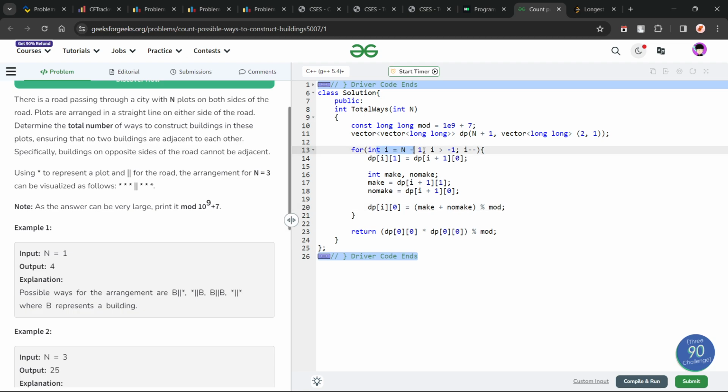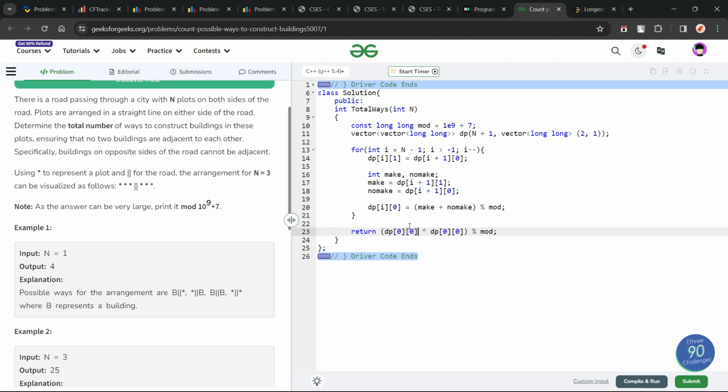Now what about this particular for loop? As you can clearly see, my dp state of i here is depending on state i plus 1. That basically means i plus 1 has to be computed before computing i. That is why this i is going in reverse order, so that i plus 1 is computed before i. So I'm starting from n minus 1 till i is greater than minus 1 and doing simple i minus minus, right? Now at the end, I just return the square of dp of 0 0